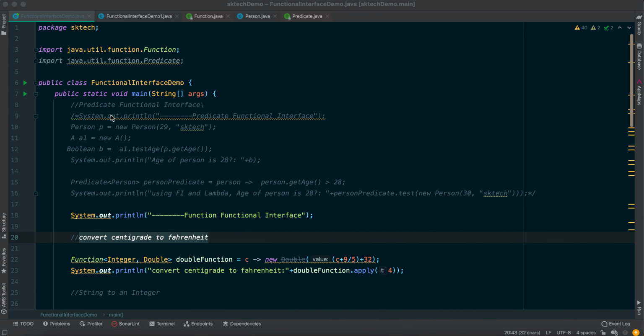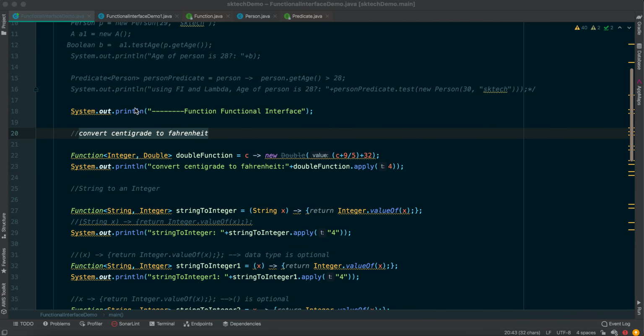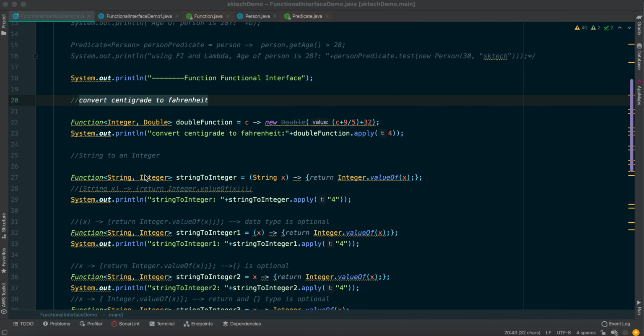So these are the classes that we created as part of the previous video, where we saw a couple of examples of functional interfaces and what their use is. Basically, what are the functional interfaces provided by Java 8 itself? What is the main use? When we have a requirement where we want to create our own custom functional interface and provide the implementation,